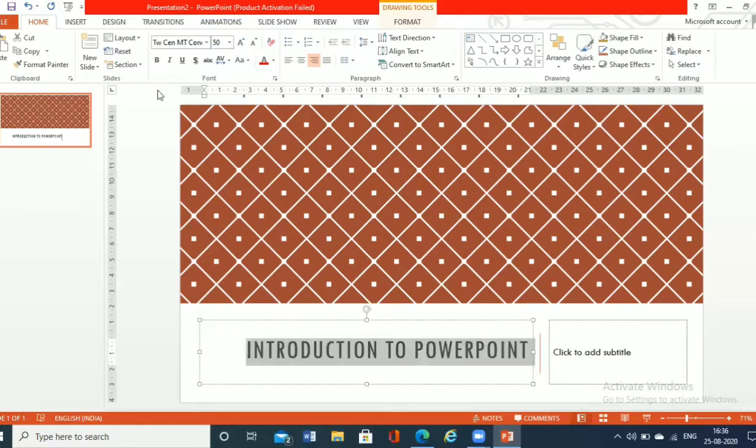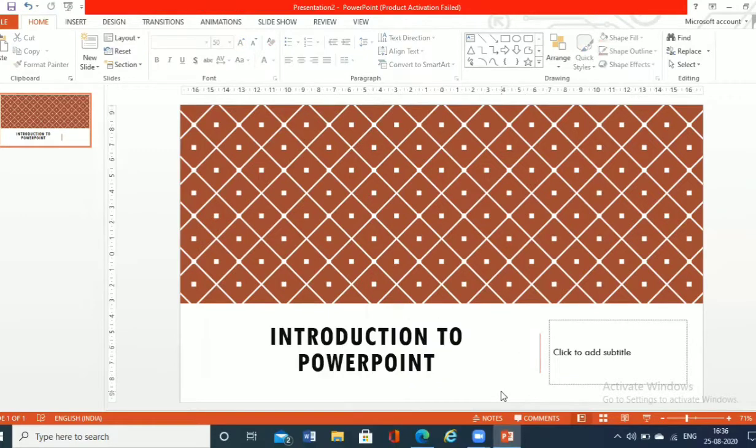I can choose a different font style and font size according to my choice. I can make changes to it. So this is the placeholder under which I have written Introduction to PowerPoint.